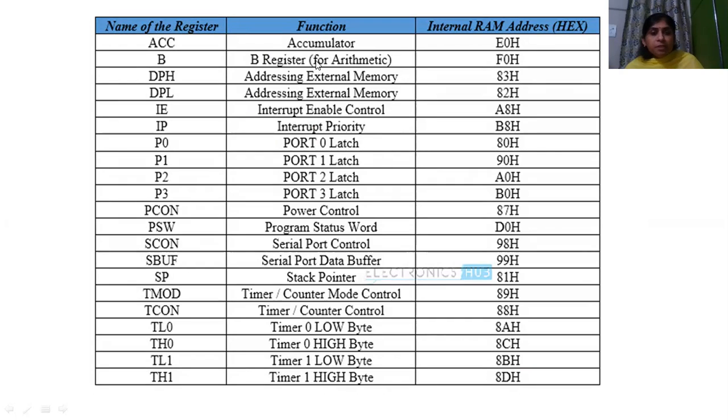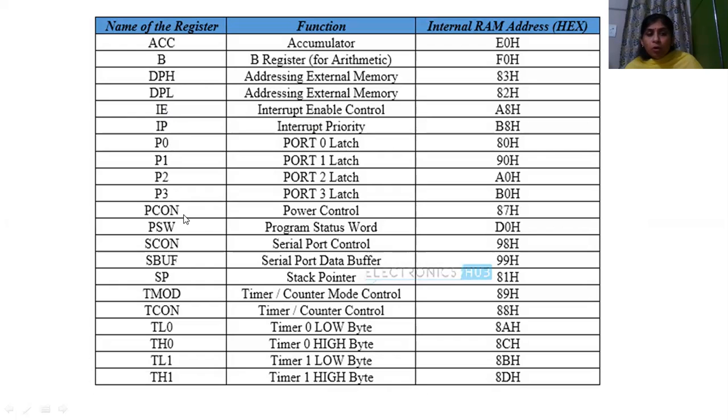Accumulator, then B register, addressing external memory, which is the data pointer, higher byte, data pointer, lower byte, interrupt enable, interrupt priority. Then there are four ports, P0, P1, P2 and P3.